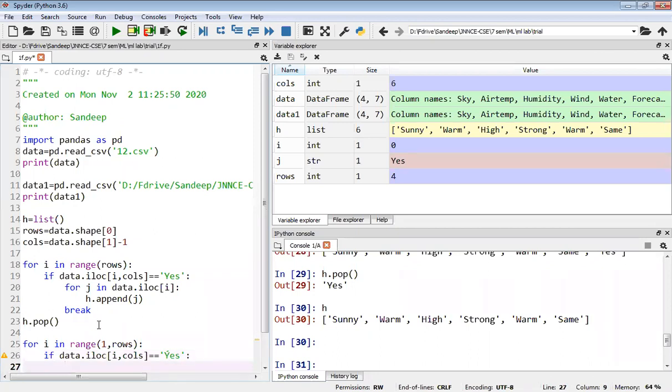If it is yes, next for each row, you have to check the attribute values.